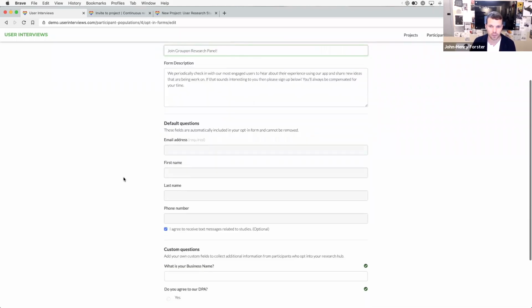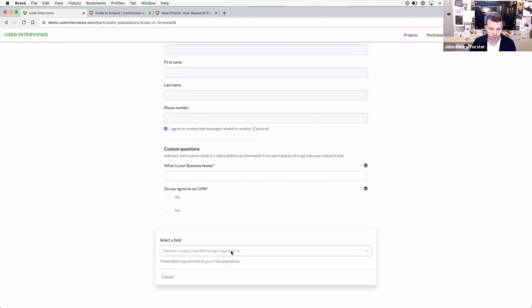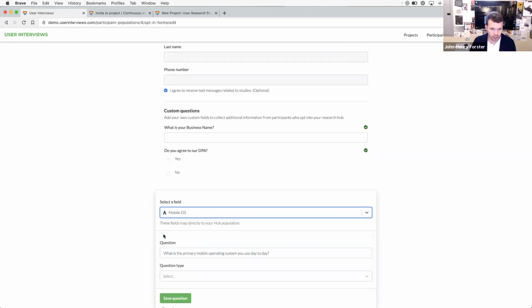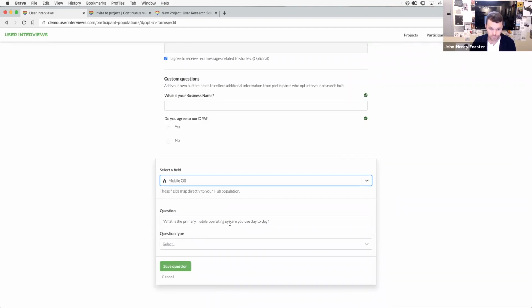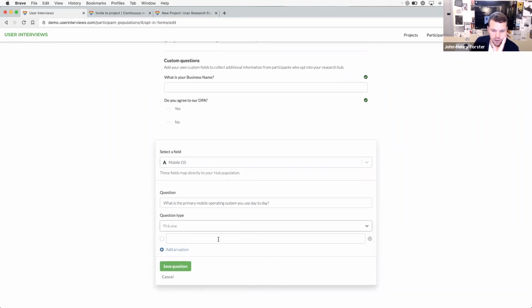And yeah, so let me just show a little bit about how you'd add a question. If you wanted to ask something around the mobile OS, there's one in here that's already been set up. So, not the best example. I can make one from scratch, but what is the primary mobile operating system you use? And this is one where I'd probably want them to just pick one. And so I'd probably go ahead and list out the options of,